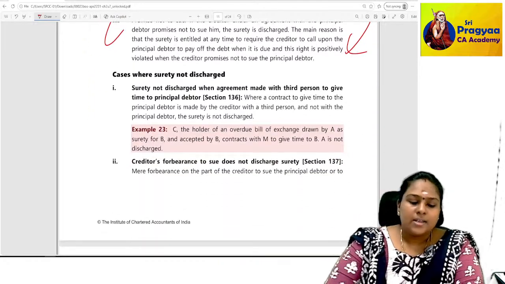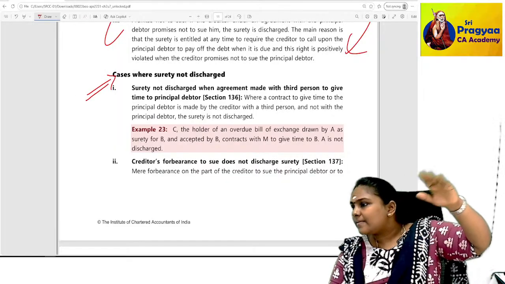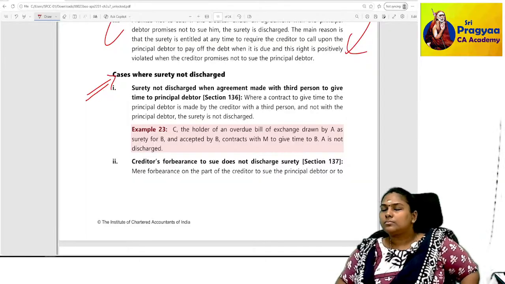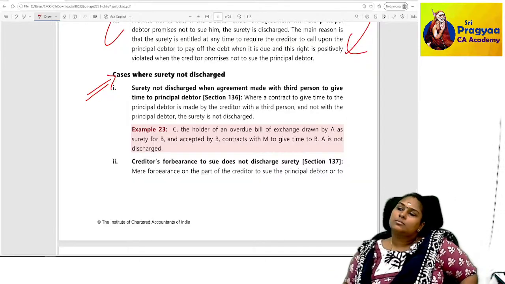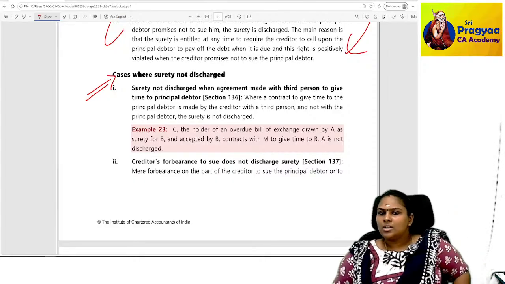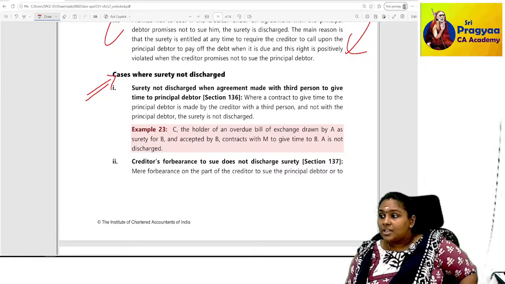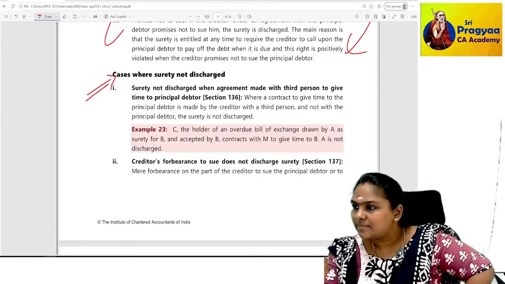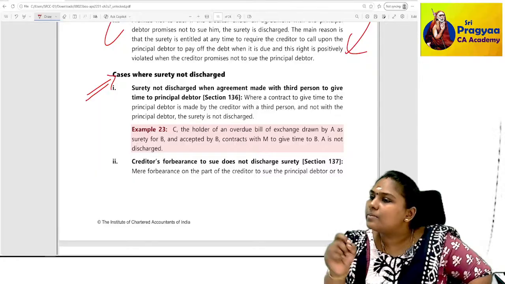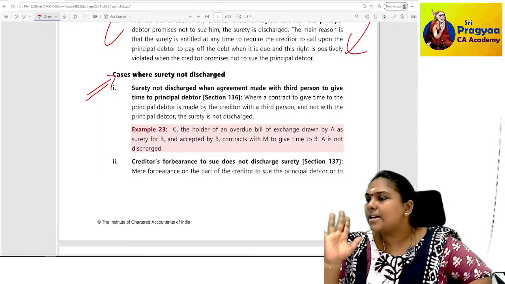Next one, cases where surety is not discharged. So far we saw... In a continuing guarantee, what? See, in whichever transaction I find that you made changes without my knowledge, from that transaction onwards automatically I will stand